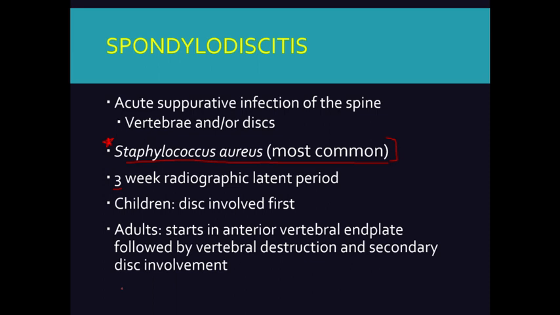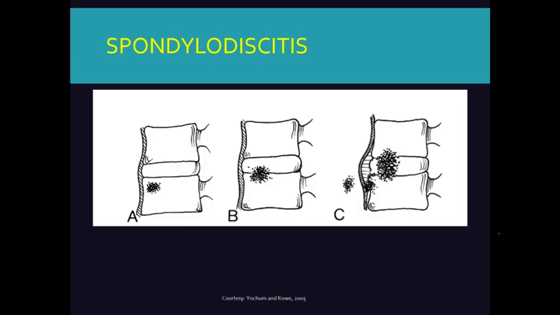And then from that corner, we can get some destruction of the discs as a kind of direct extension. Just a reminder, it's a hematogenous spread, so that's why it tends to, for children, infect the disc first, and the anterior portion of the bodies or end plates in adults, because this is just where the arterial supply enters that area. So here's more of the adult form,